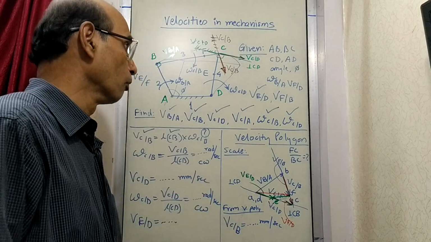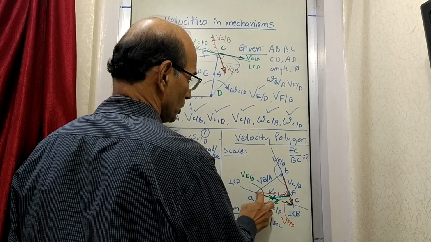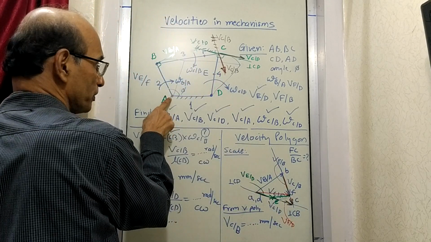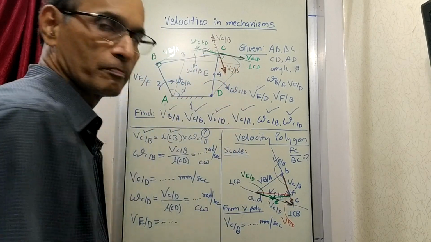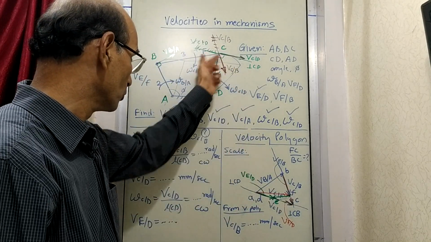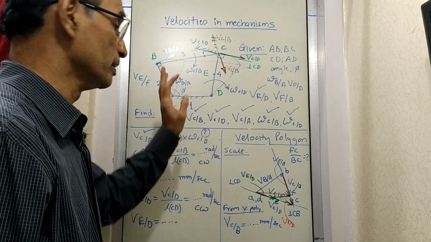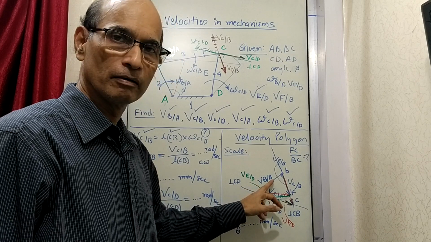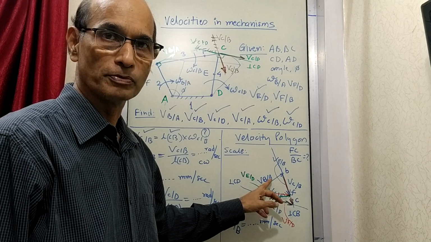Now what is the meaning of all this? When somebody says velocity of F with respect to A is like this, that means this point F, if you are looking from here, will appear to move like this. You will feel that it is moving this way, if you are standing at it. That is the meaning. So whenever you say this vector, the letter which is written in the denominator is the place where the observer is standing.